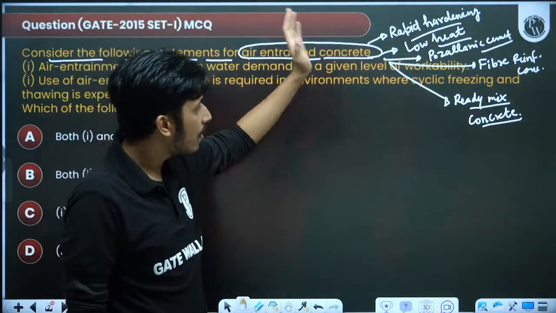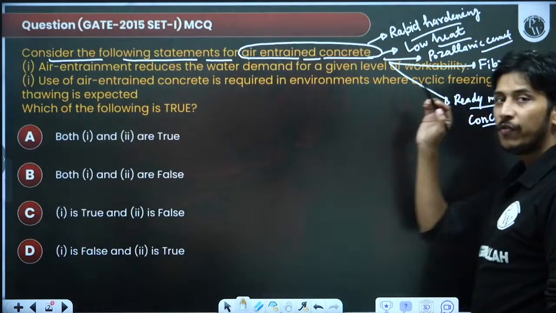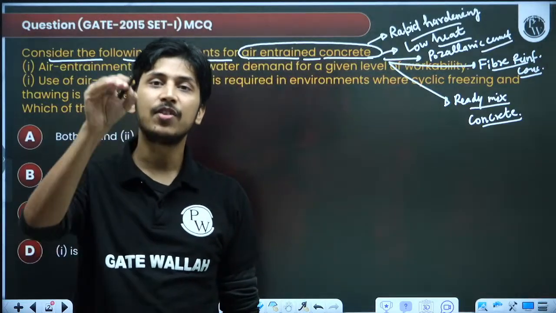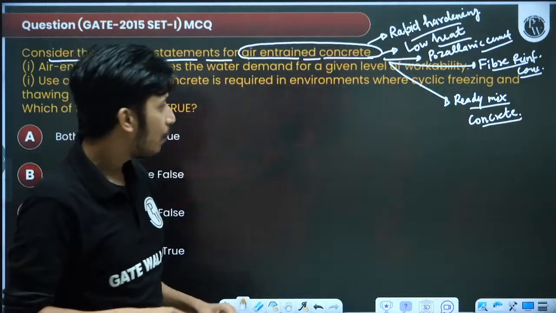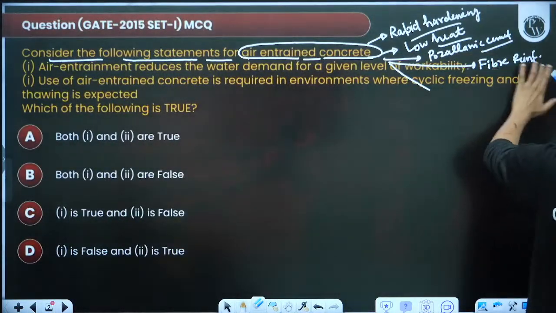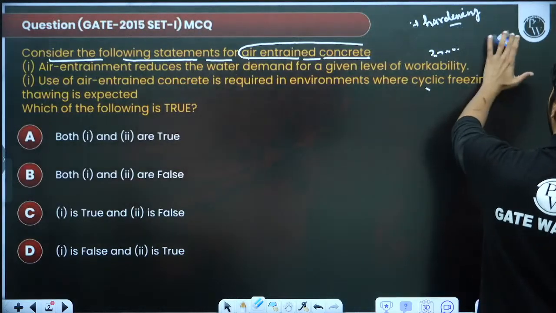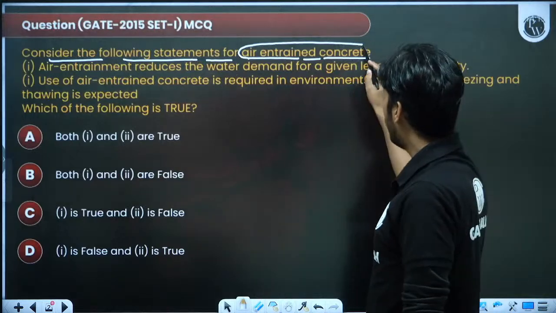So if you have covered this, recently in some exam they asked the tensile strength of fiber reinforced concrete. They asked the formula for the tensile strength of fiber reinforced concrete. I think you are getting my point. So the types of concrete are important to understand. It is not sufficient that you have solved this air entrained concrete question. You must understand what the types of concrete are.